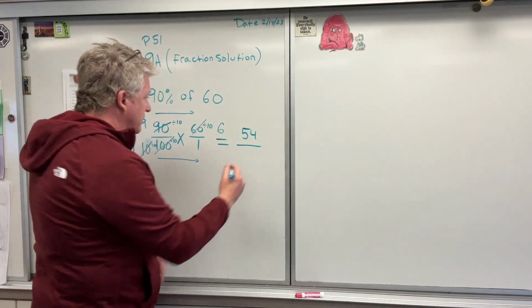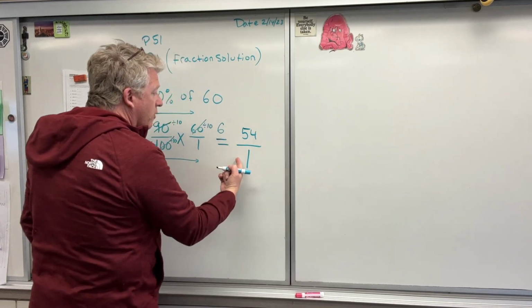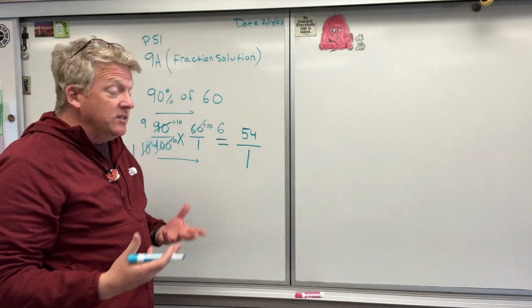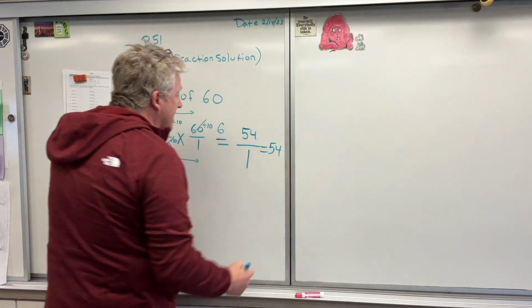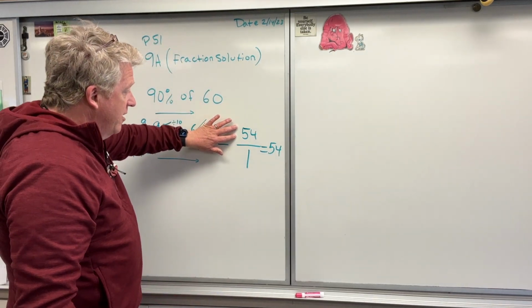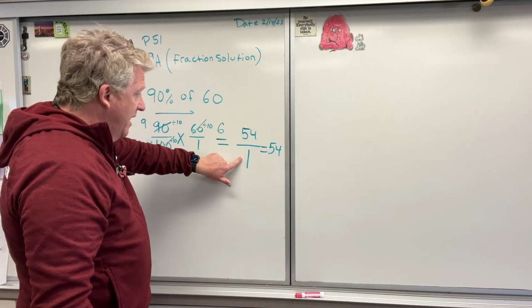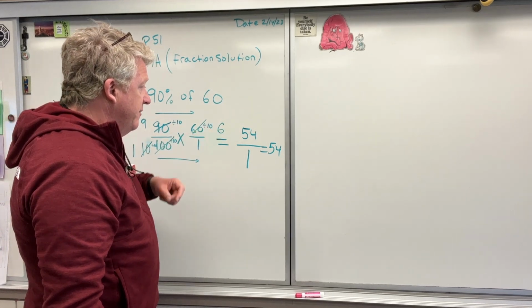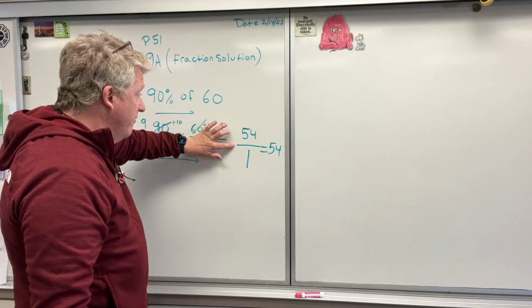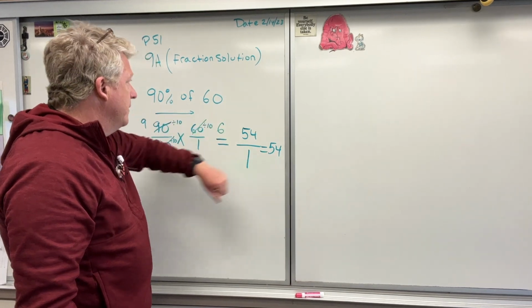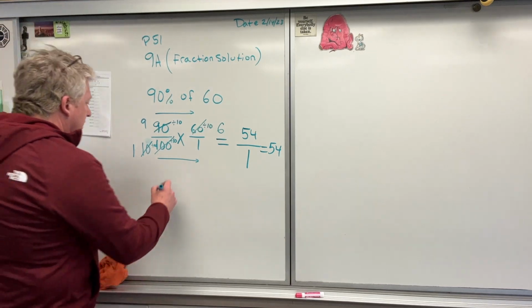1 times 1 is 1. 54 over 1, we know what that is. When you simplify that fraction, that is simply 54. Anytime you have a number in the numerator that is over 1 in the denominator, it simplifies to just being the numerator. 54 over 1 means 54 divided by 1, which is 54. So 90%